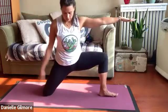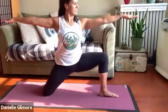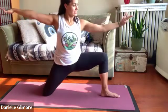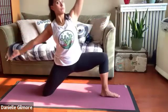So I'm coming into a half warrior two. Okay, so you can see the half here. This leg would be straight, but it's all about the inner thighs. We're getting this nice big stretch in our left inner thigh. Okay, soft focus over the left fingertips. Okay, and this is like our little flow for today. Okay, warrior two, Virabhadrasana two. Good, let's keep a nice big bend in this left knee. Flip your left palm up. We're gonna reach back